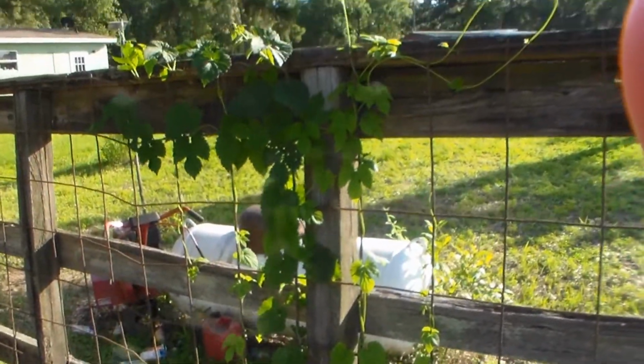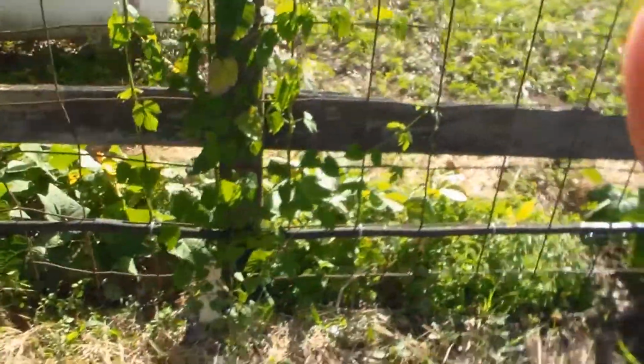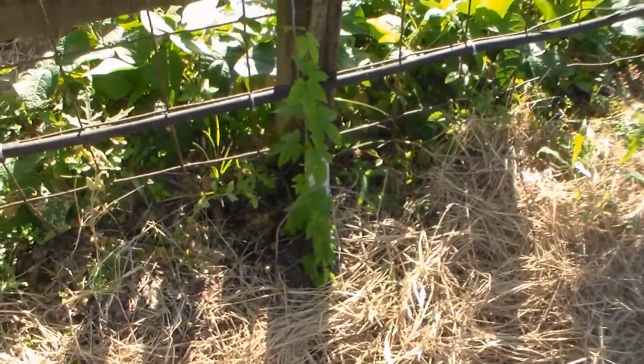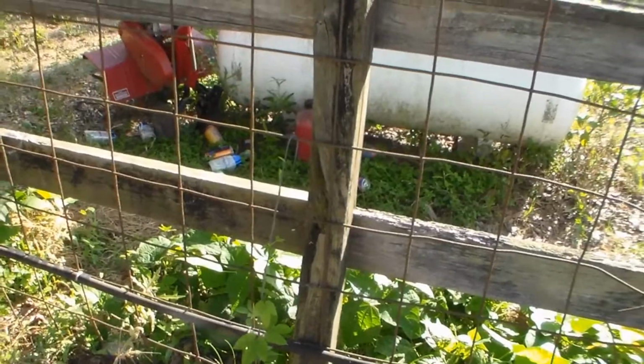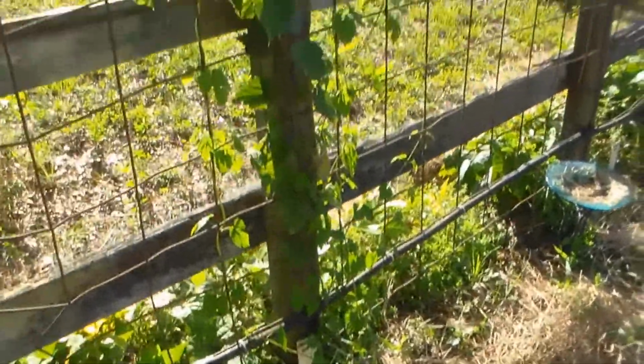Another variety of hops that I'm showing you now. The runners are getting along. Anyway, there's just 3 of us here. That's a lame video already. This one here is a Columbus hops, and it's climbing up the vine, and it's about at the 2.5 foot mark, so it's kicking butt. The other ones are taking right off, man. They're shooting out 2 and 3 and 4. For example, the